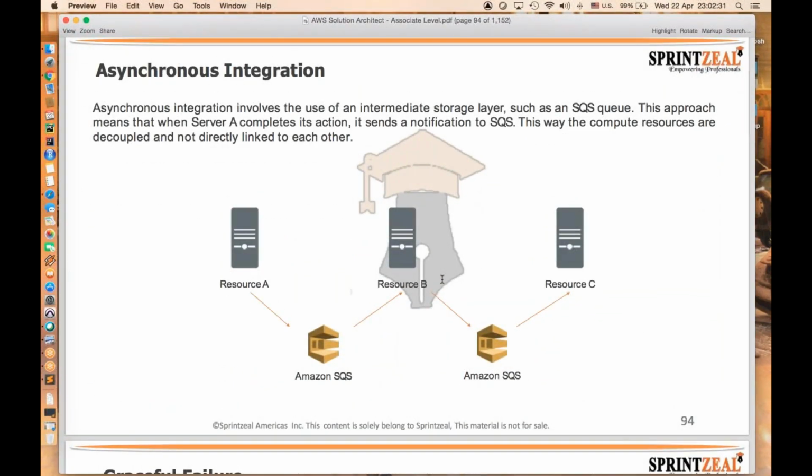And coming to asynchronous integration. In the intermediate storage layer, all the requests will be stored in an SQS queue. When it stores in the SQS queue, it doesn't know from which server or resource that particular request is coming. For example, if resource A is sending a request to an SQS queue, the request will be stored here, and it sends the notifications to SQS. All this we call decoupling.